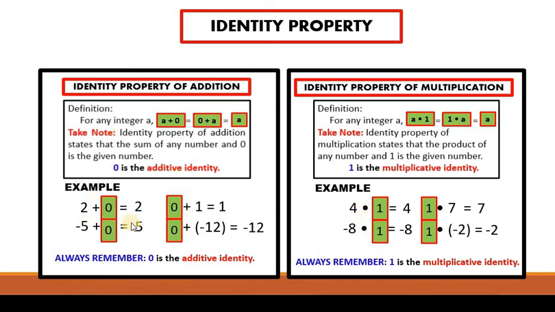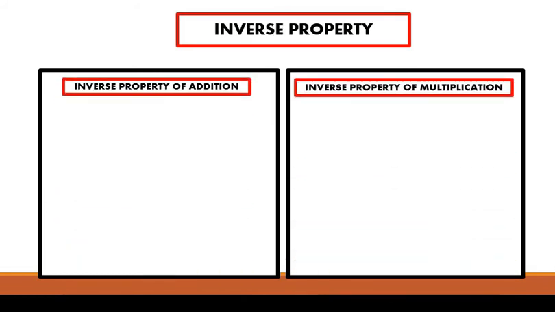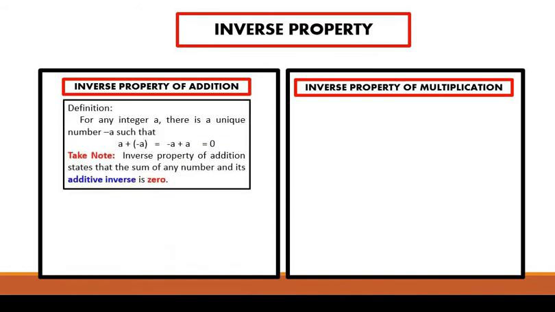So, ulitin natin sa identity. For addition, any number added to 0, the answer is the number that you added to 0. Dito naman sa identity property of multiplication, any number that you multiply by 1, the answer is the number that you multiply by 1. So, kaya nga siya at siya. Next is inverse property. So, when you say inverse, kabaliktaran. In addition, yan,